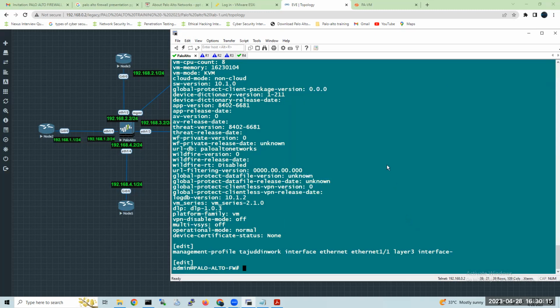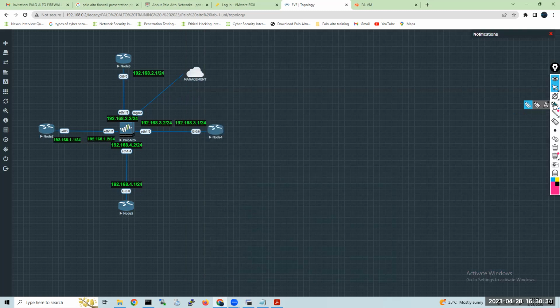That's okay, that's good. Let's continue. Right now I have given this; we just have to set how to configure the IP address of Palo Alto. First we should tell them that all these interfaces belong to this profile. I'm telling these interfaces belong to the profile Tajuddin first, then I can give the IP addresses one by one. We cannot give the IP address directly here.